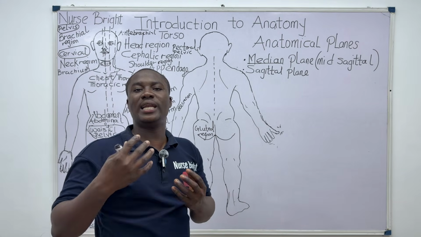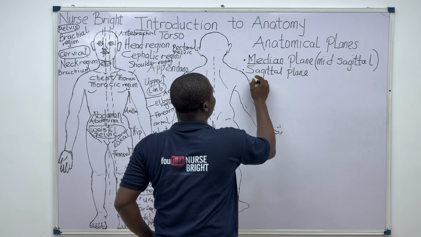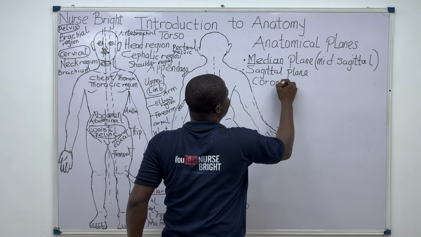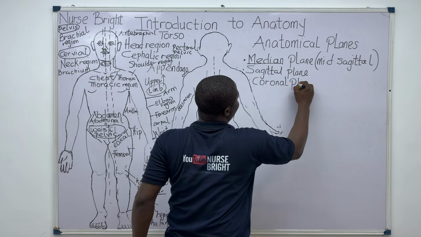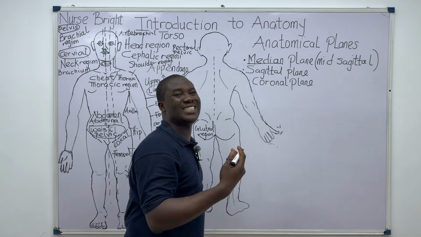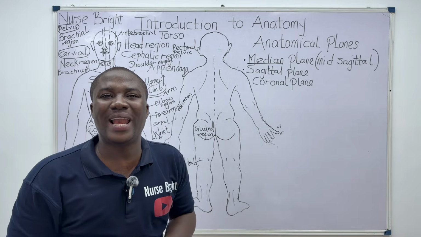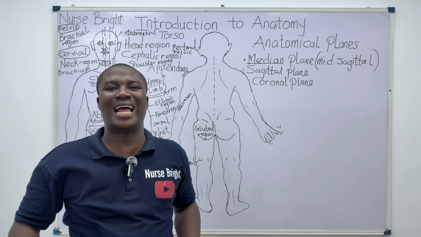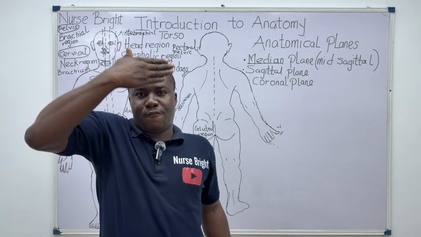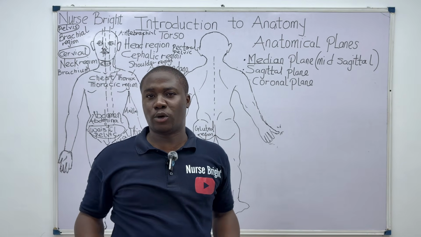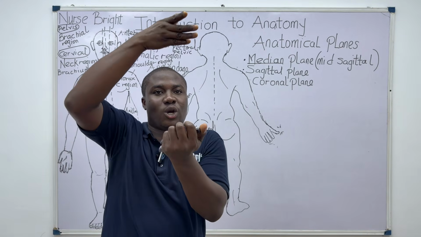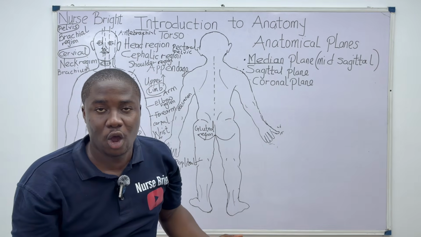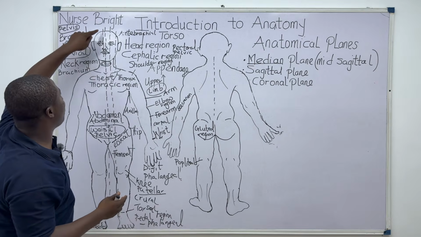Now moving into the next plane, which is called the coronal plane. The coronal plane is also called the frontal plane. This is a plane that divides the body into the anterior portion and the posterior portion. Anterior means front portion, and what is the posterior portion? Like for instance now, they cut an individual from the head. It's a vertical plane as well, but not the way we are seeing it here.